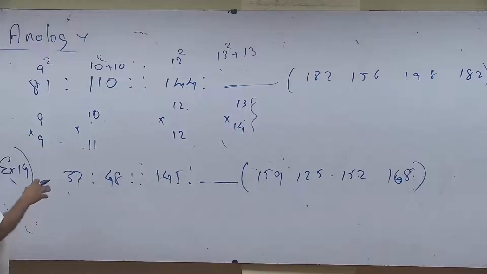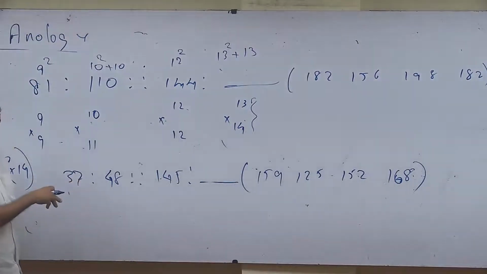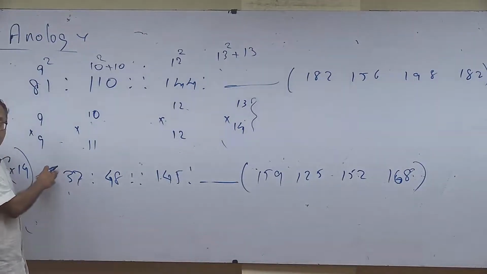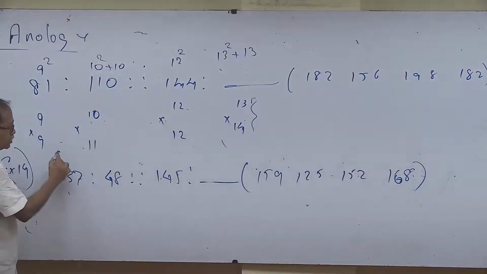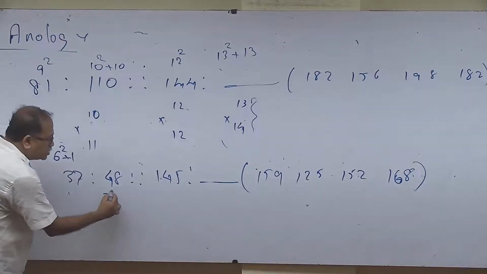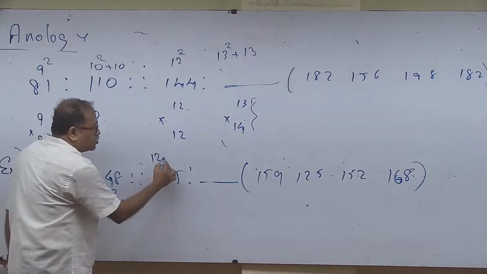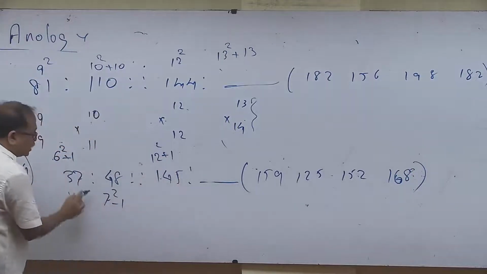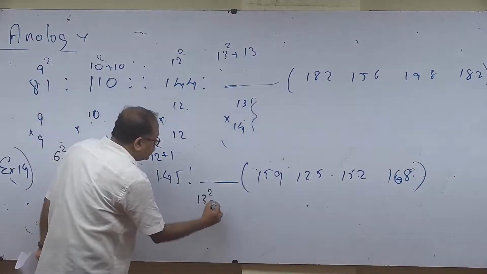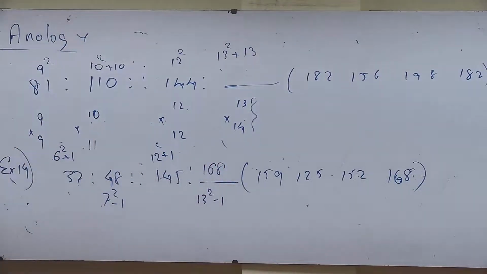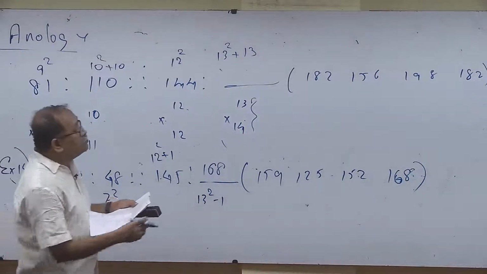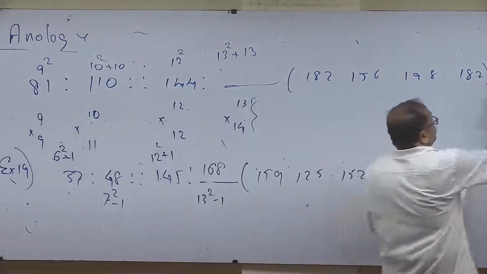Sometimes it didn't immediately strike that this is 6 square plus 1 and this is 7 square minus 1. So this is 6 square plus 1, 7 square minus 1. This is 12 square plus 1, and 6 and 1 make 7. So this is 13 square minus 1. So 168. Yeah, that's right. 168. So now if I write another number here,